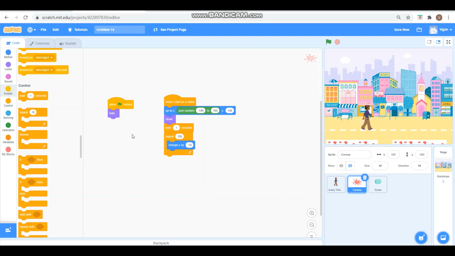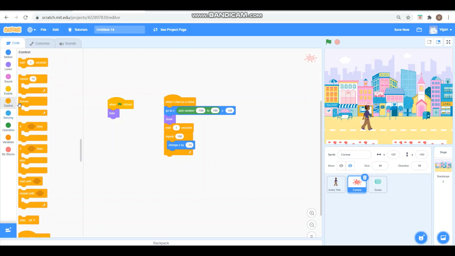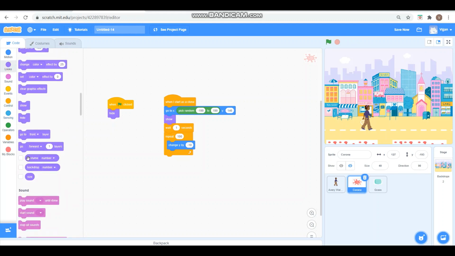So after coming down, we should again hide it. So let's go to looks and then hide it. Again test it. When flag is clicked, it's coming down and then it's hidden. So we'll just make the waiting time here as 0.5 seconds.